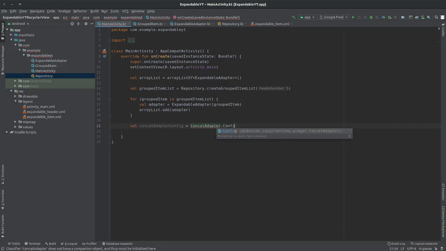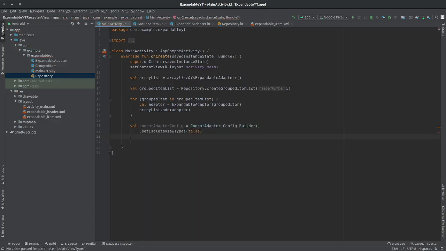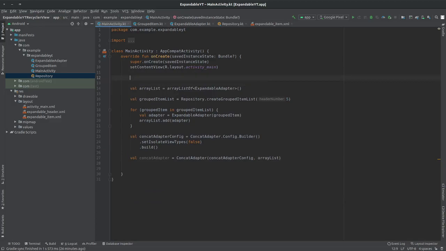Config builder, set isolated view types false and build. Then we're going to create a ConcatAdapter. Say ConcatAdapter, config, adapter list. And then I'm going to say one thing we didn't take is